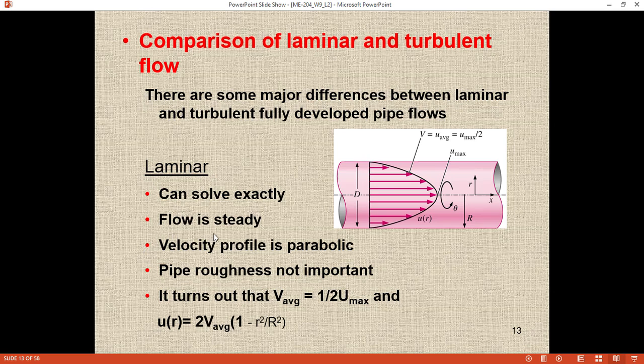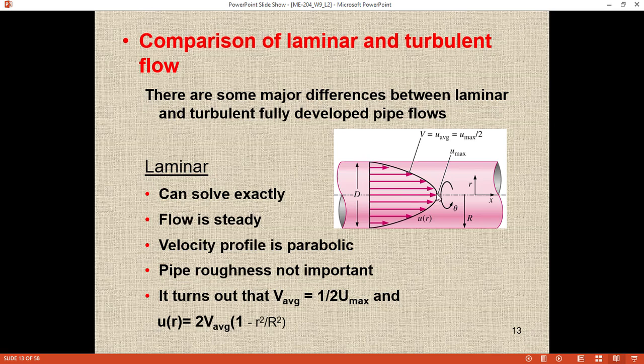Okay, in that case the flow is steady. The velocity profile is parabolic, and pipe roughness is not important. In that case the pipe roughness doesn't have much effect on the fluid flow. Okay, it turns out that V average is equal to half of U maximum,